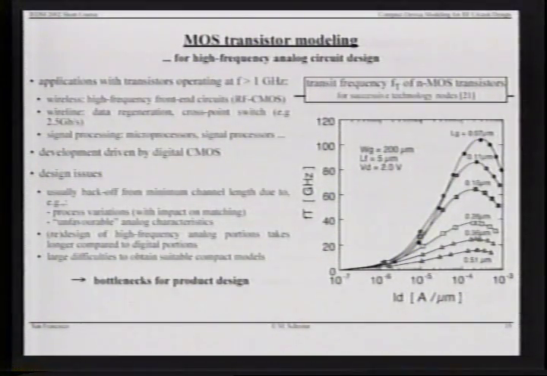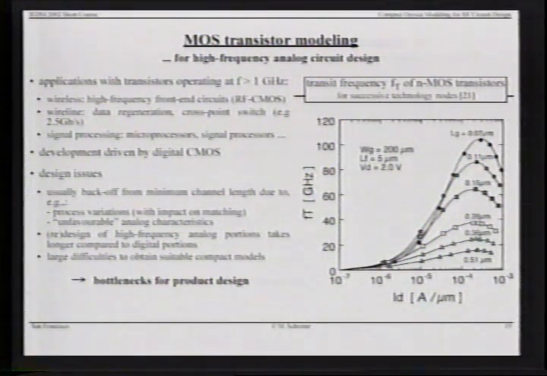Let's move on to MOS transistor modeling. Again, on the right-hand side, there is a little overview. We already have seen fTs versus, for instance, in this case, current density for various MOS generations, and most of you know that the performance of the device is good enough, for instance, to start designing circuits above a gigahertz